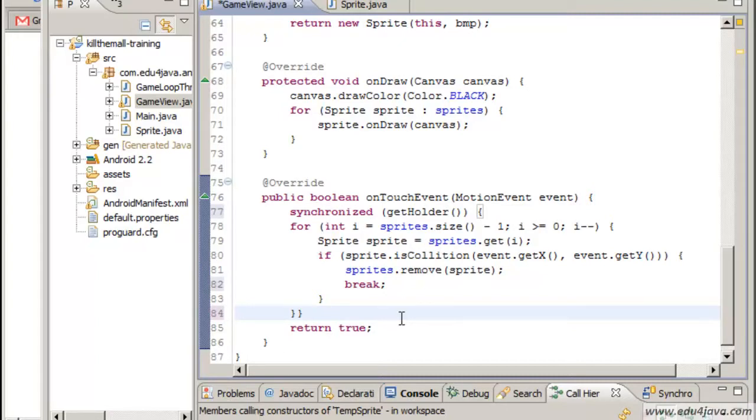This means that when we call here, it's going to be called in another thread to the one which is drawing. This can give us an error because of a synchronization problem. With this synchronize, we avoid that we have collisions between threads. We have collisions for the threads for the drawing. That's why I put get holder, because it's the container of the drawing. As you see here